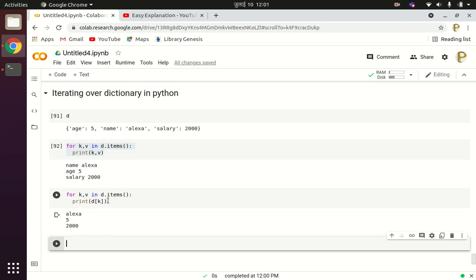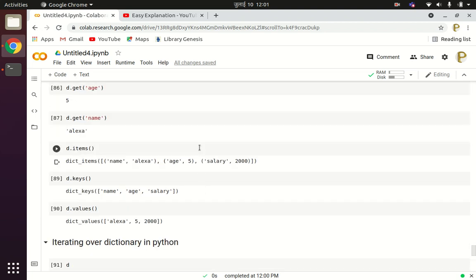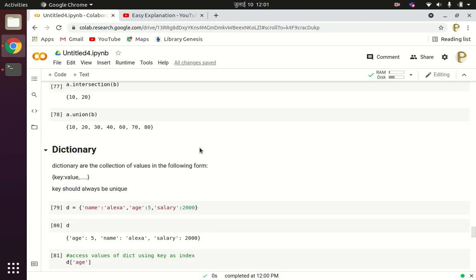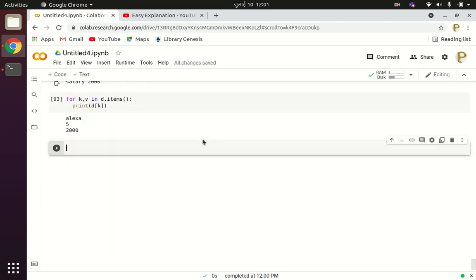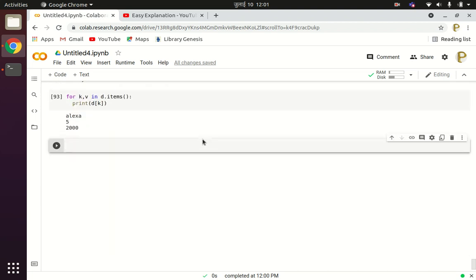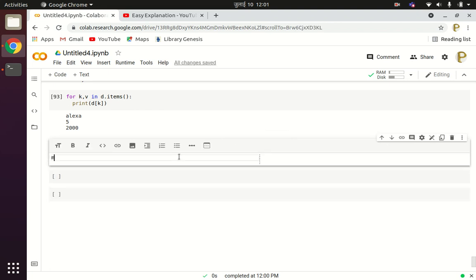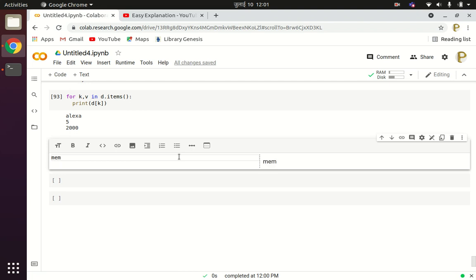Now after this, we have to understand some membership operators. We'll be learning about membership operators and how they can be applied in the data structure concept.